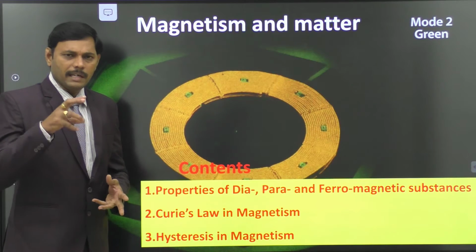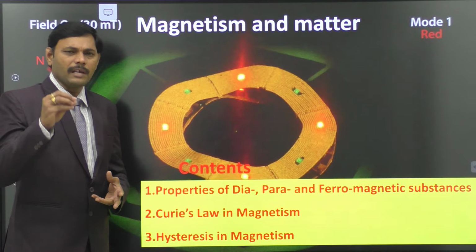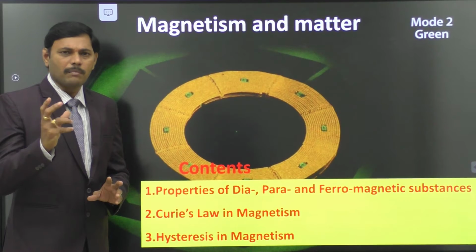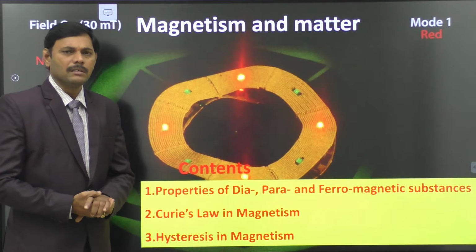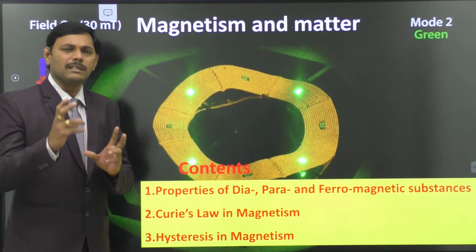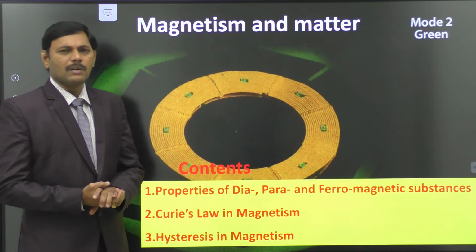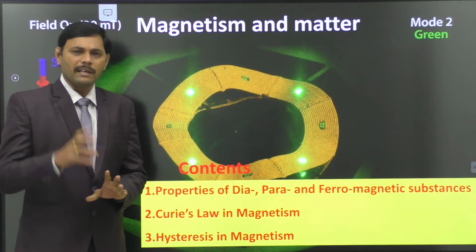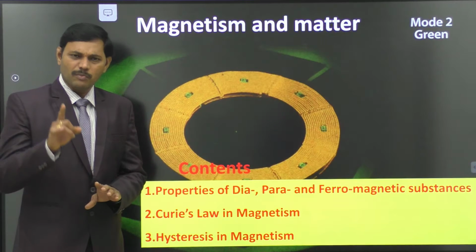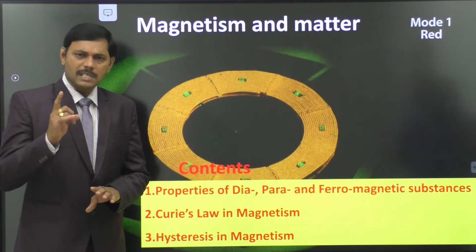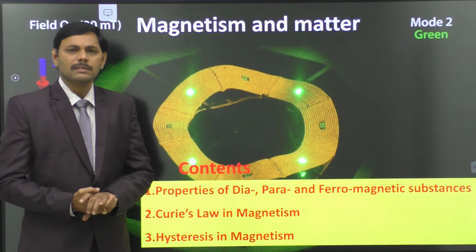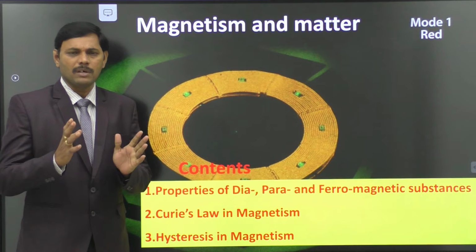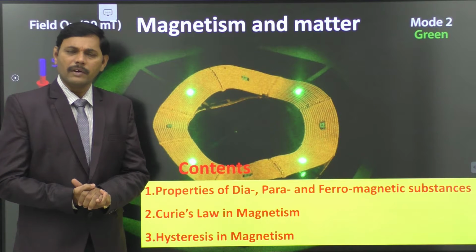magnet, and magnetic field along the axial line and equatorial line of a bar magnet, followed by torque acting on the bar magnet in a uniform magnetic field, then work done to rotate the magnet in a uniform magnetic field. We described some basic definitions of magnetism such as magnetic intensity, intensity of magnetization, susceptibility, and relative permeability. And one more important topic that we covered in previous videos is elements of earth's magnetism, that is regarding terrestrial